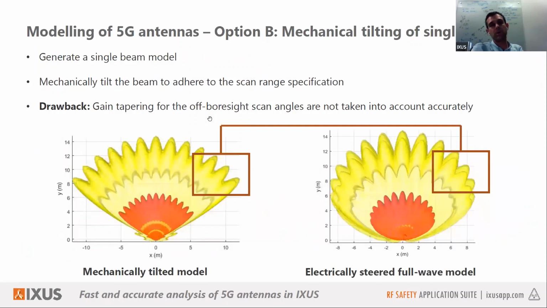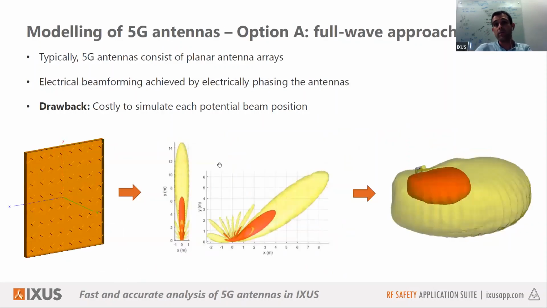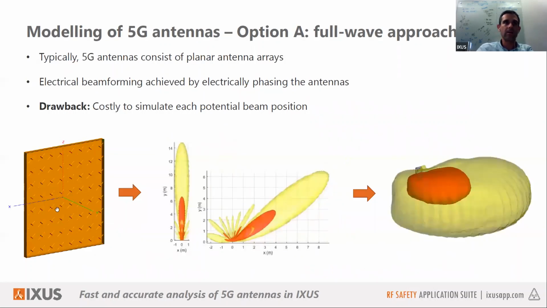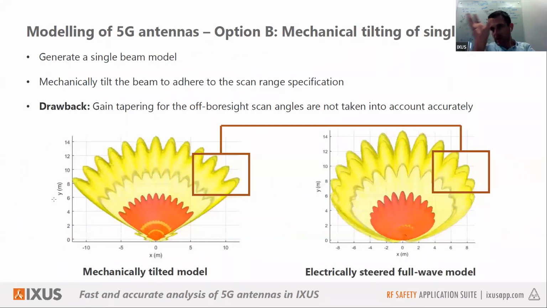Okay, so what's a faster approach? For option B, the faster approach is you only model one of the beams, and then you mechanically rotate the antenna system in space to account for the various positions that beam can be radiated at. But if you recall in the previous slide, I noted that unfortunately, you will not really see the electrical effect of the beam that tapers off towards the edges